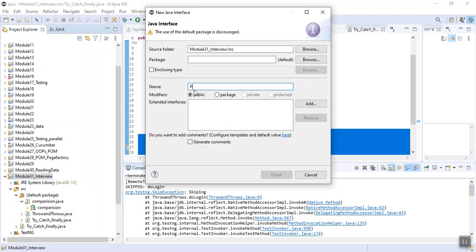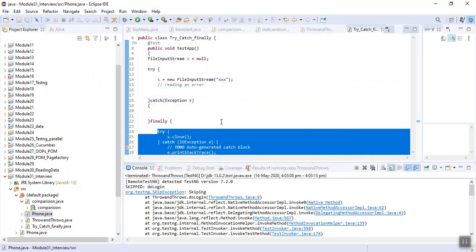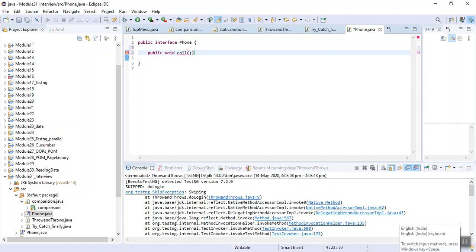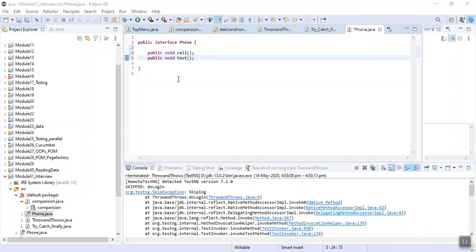I am creating a new interface, let's name it Phone, and I am creating methods in it. Public void call. Another function is text.